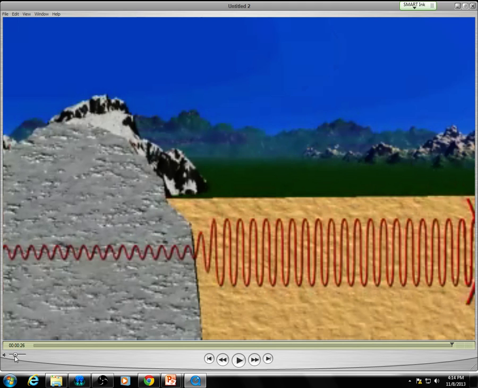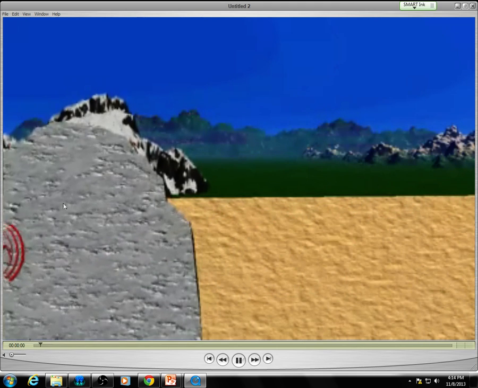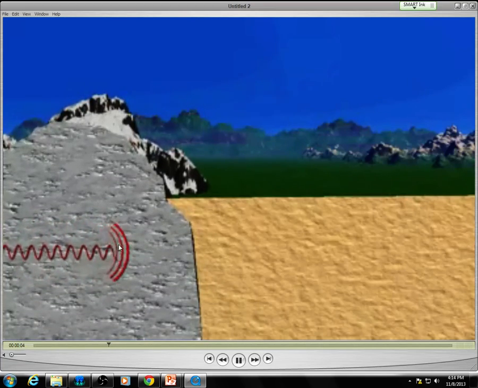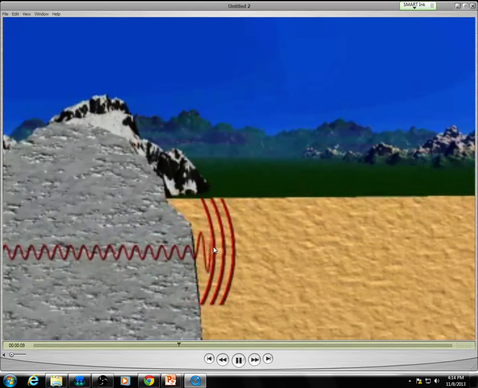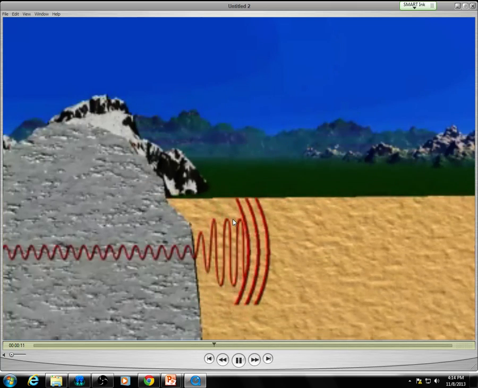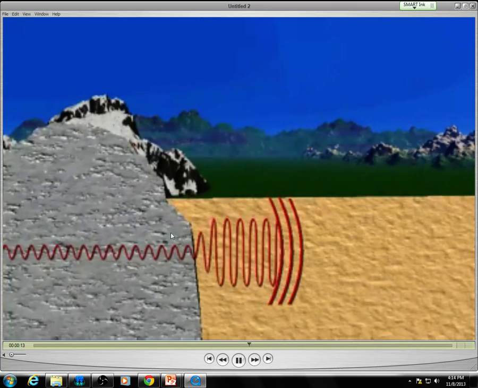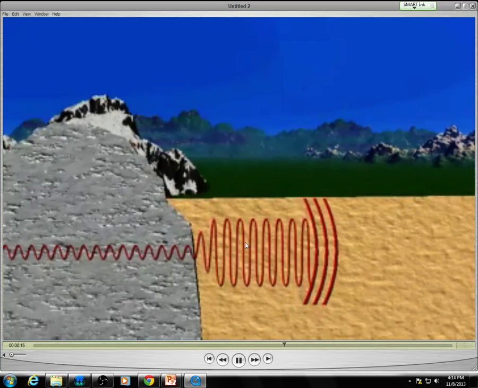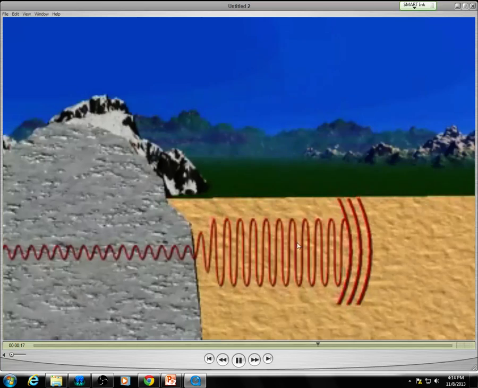So if I play that again, let me take out the sound. We see in solid rock, the waves are going really fast, but the amplitude is really small. Once it gets to softer ground or looser ground, it has to amplify because the energy at the beginning of the event has to be the same as the energy after. So the waves amplify, there's more shaking.